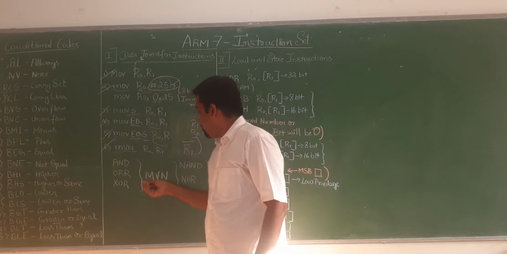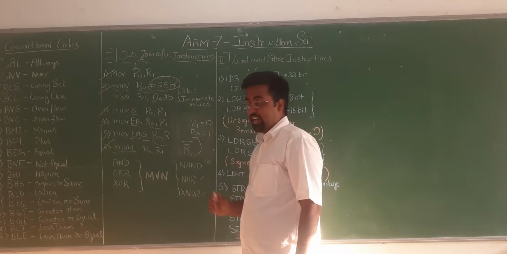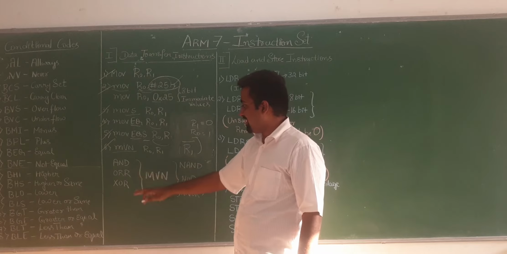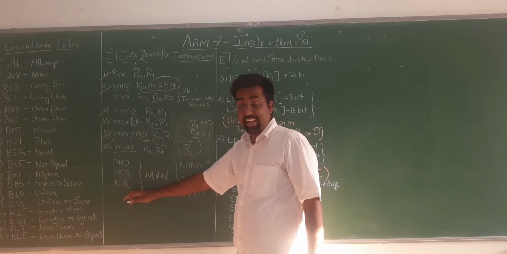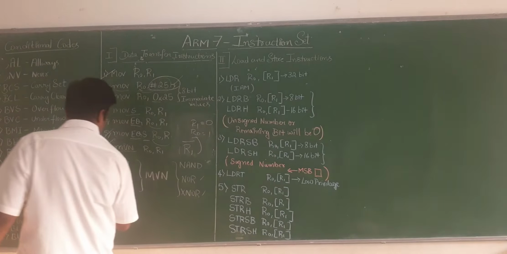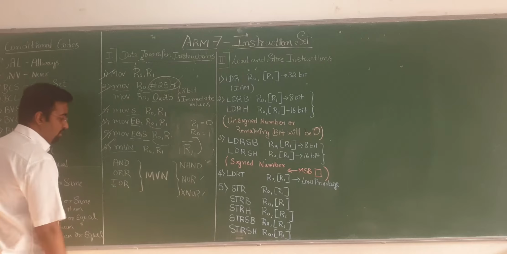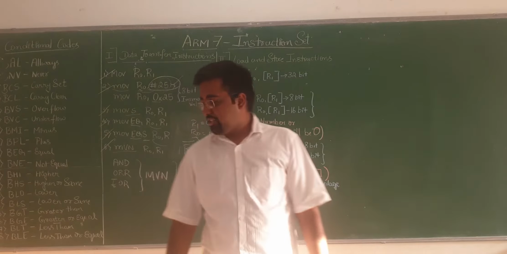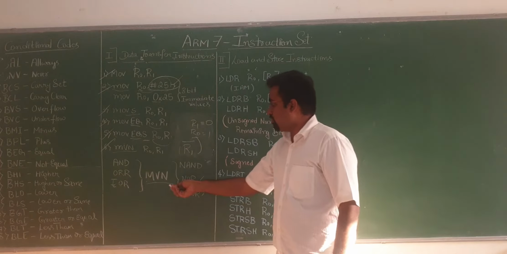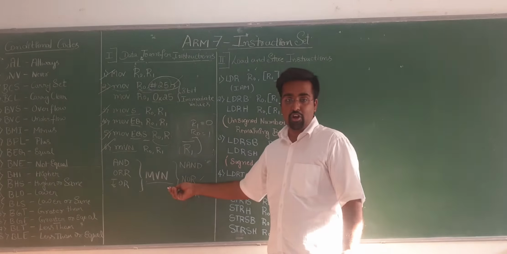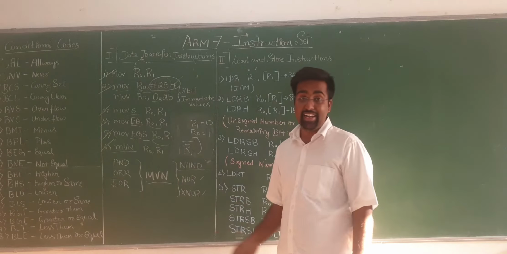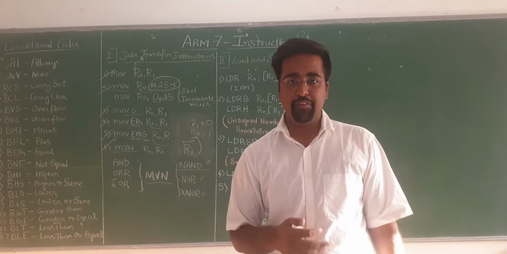Again we have the NOR gate and the XNOR gate. Similarly, for the existing AND or XOR, that is EOR. With this instruction we'll be adding MVN, move not, so that AND with NOT will give you the NAND gate. This is the example that we could find here.